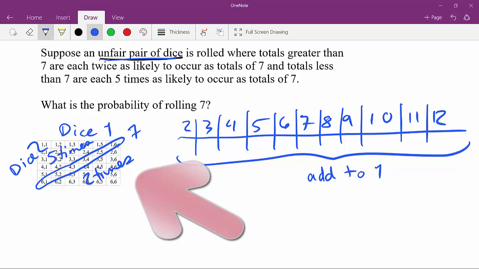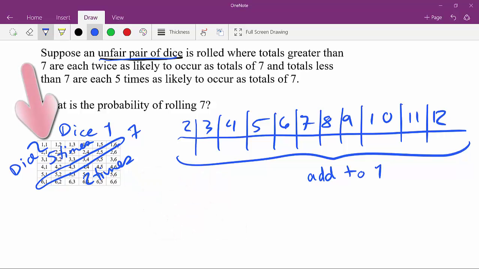But if each of these possible squares is the same probability, each square in this upper triangle, lower triangle, and diagonal in each of those groups is equally likely to occur, and they've got these relationships to the probability of getting 7,